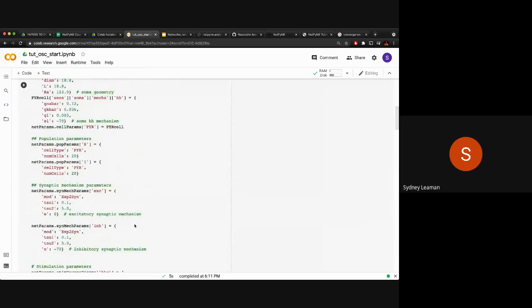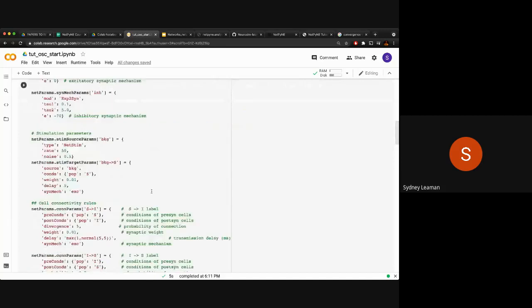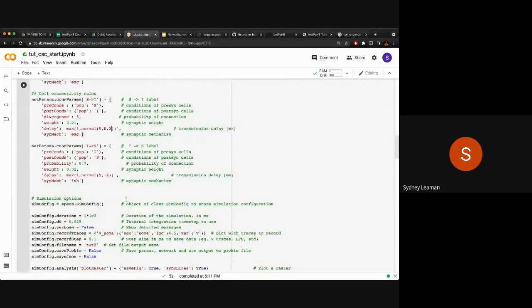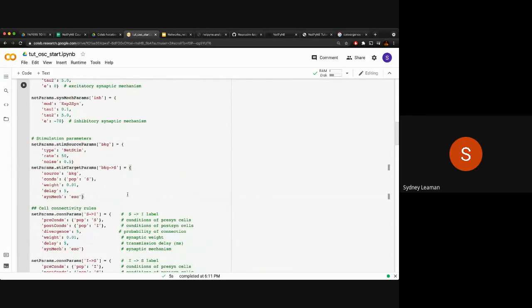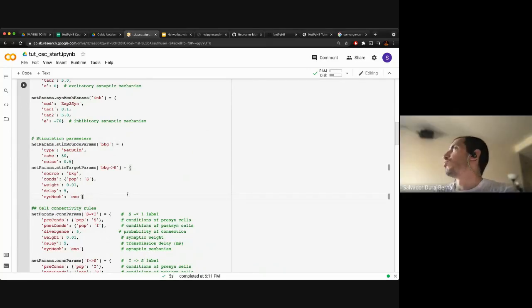Okay. Can I ask a quick question, Salva? Yes. So if you wanted to vary the delay, if you wanted to add some random noise to the delay on an individual connection during the simulation run, so that the delay of that connection changes every time, how would you go about doing that? I'm not sure if that is possible,